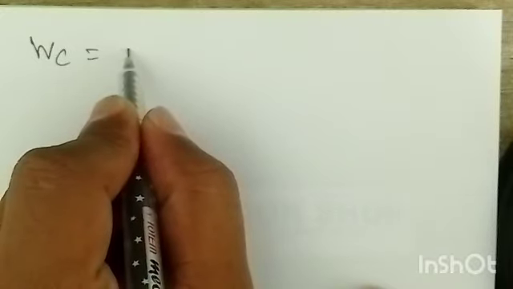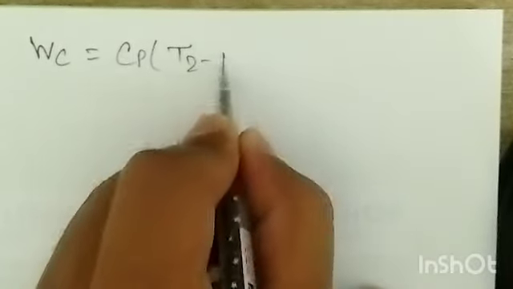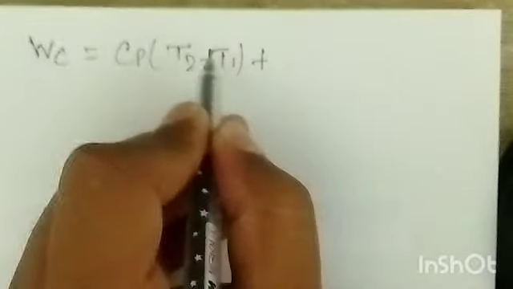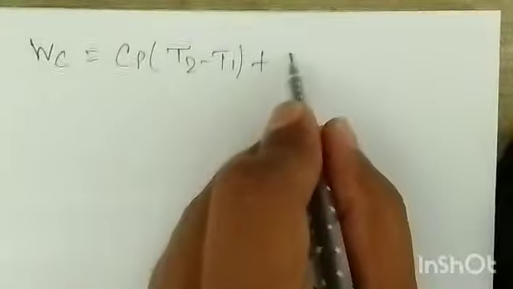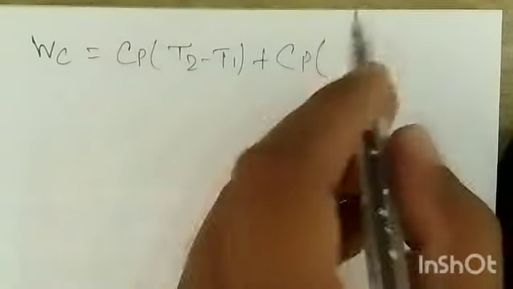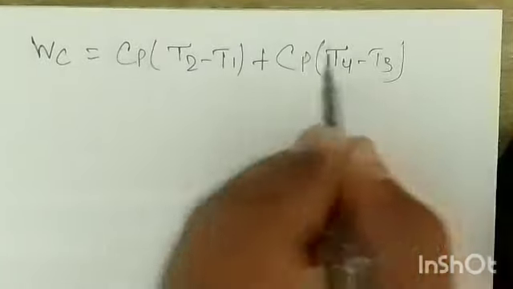Imagine that m is equal to 1, so it is Cp into (T2 minus T1) plus, this is your work input in a low pressure compressor, and plus Cp into high pressure compressor, (T4 minus T3), but